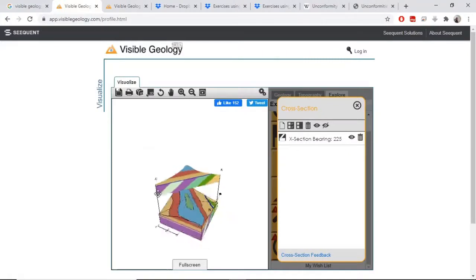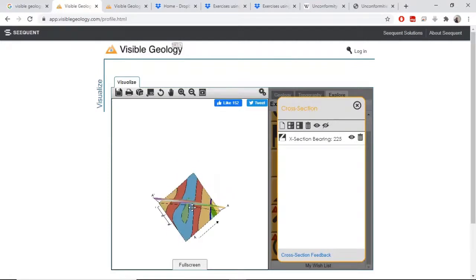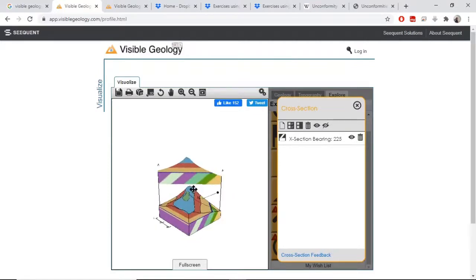This gives us the cross section of this model along the A prime line segment. As you can see, there are some beds that are tilted and deformed, then we have an unconformity, and then we have some horizontal beds deposited over that unconformity.